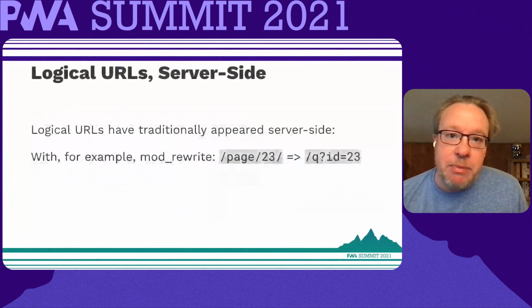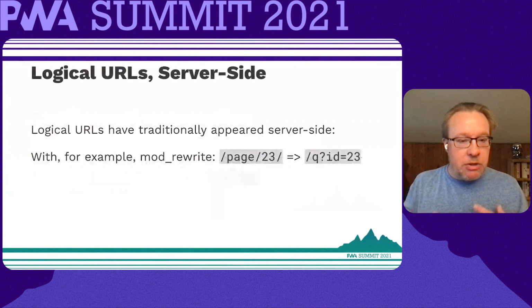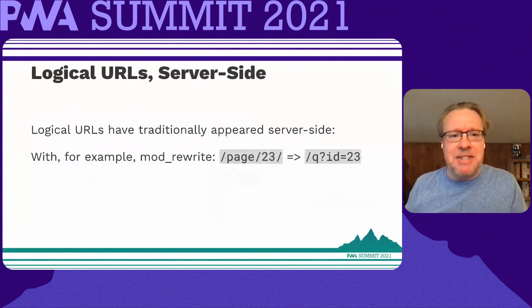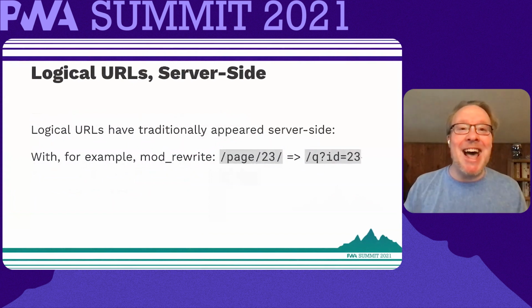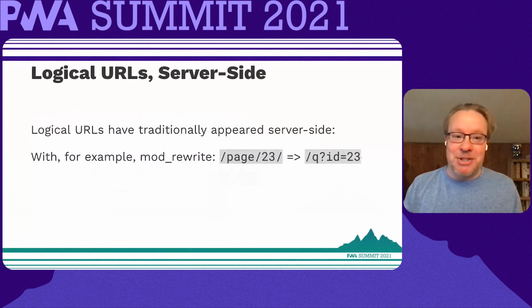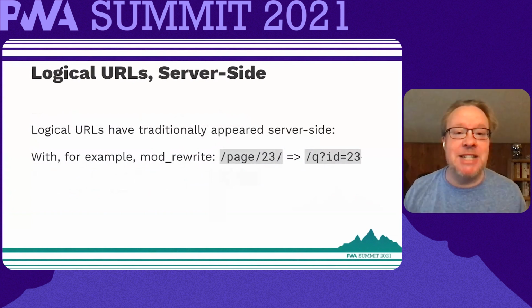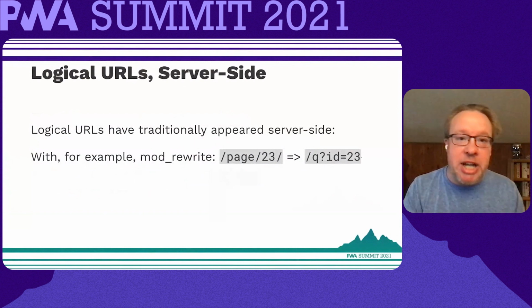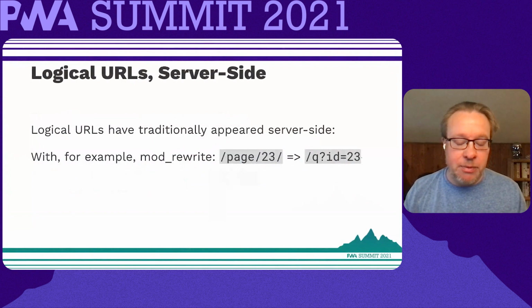And in doing this, when we try to write a progressive web app that's built with modern construction and is using JSON payloads and things like that, we tend to work with logical URLs. And I'll get to the client side in a second, but it's always worth a refresher that we've long had logical URLs on the server side. And of course, Apache's mod rewrite is the long-standing classic example of this, where we take some nice looking URL that's easily shared, that's easily transferred from one device to another, and we do something fancy to rewrite it on